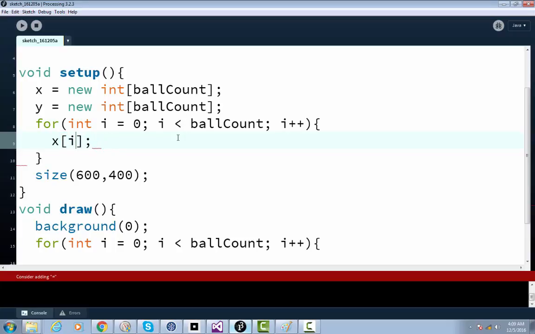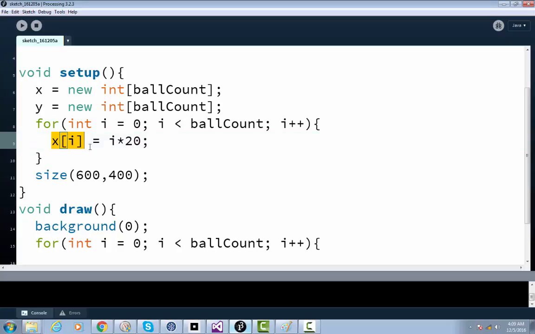Oh, no, wait. Okay, actually, let me type this out first, and then I'll explain. So, i times 20, there we go. What this is doing is going inside of our x array by index of i. i starts at 0, so we're going to the 0th index. Remember how I hinted in the last tutorial that indexes and arrays start at 0? Well, to explain this now,